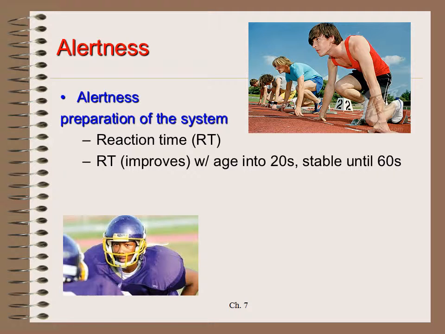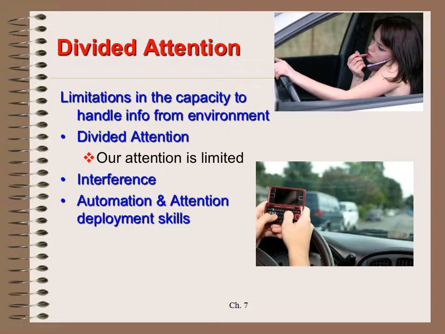So the elderly and very young children are about three to five times slower than someone who is college age or a young adult. So going back to the idea of attention being limited, we have to divide our attention. One of the things that we have to do is attend to one thing and then divide our attention to another thing. The problem with this is that certain types of environments or stimuli could definitely interfere with